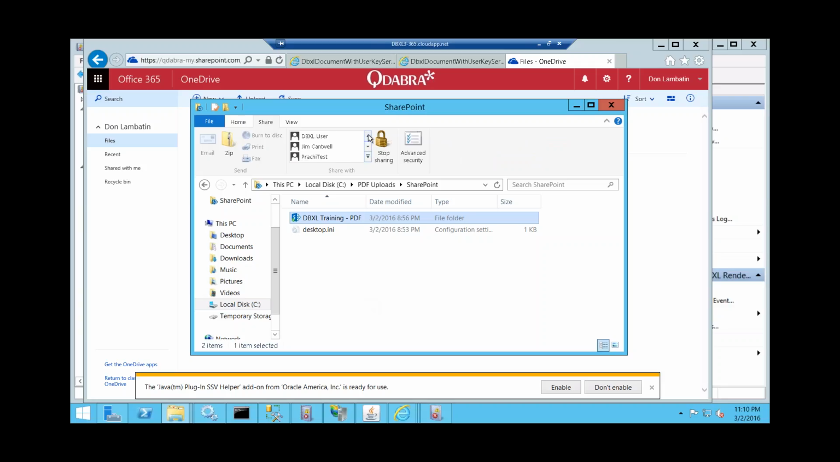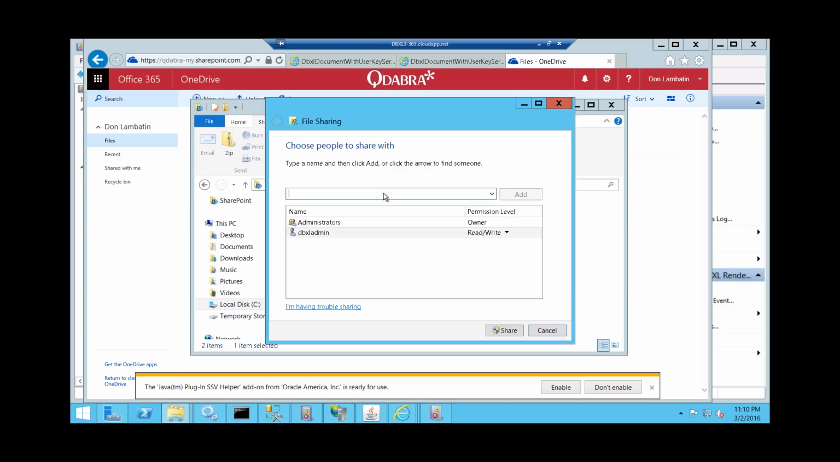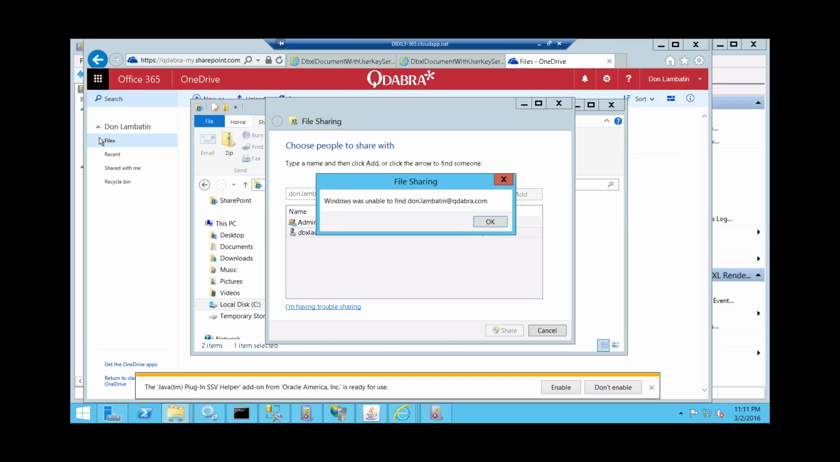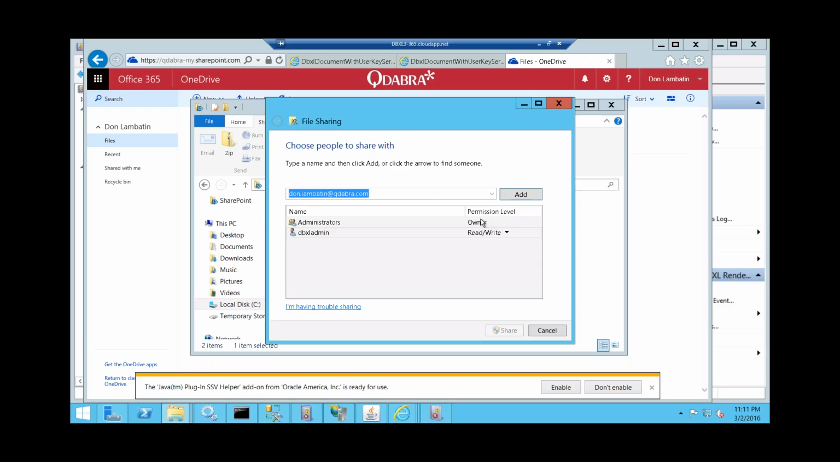Okay, then go to the specific people, and just type in, right, Don. Type in Don Lamatin at Qdabra.com. Same account as you're using for 365. Okay, well, we tried and failed, but it is synchronizing with OneDrive,